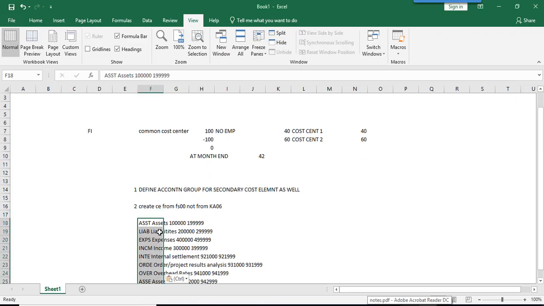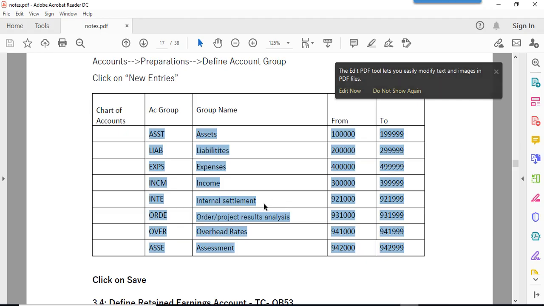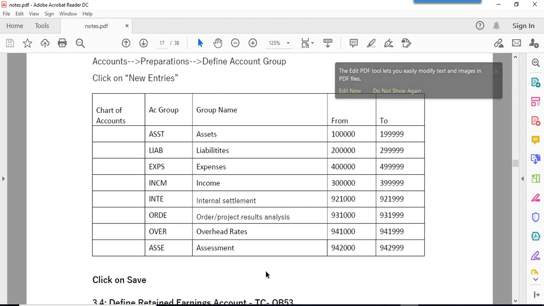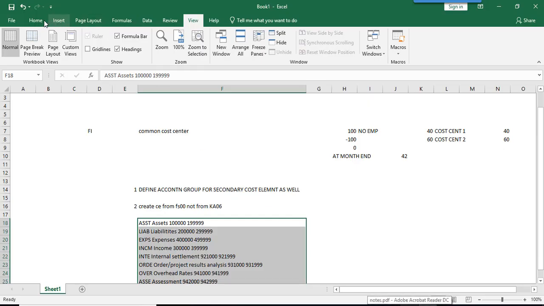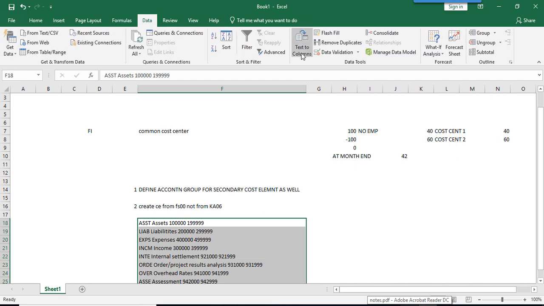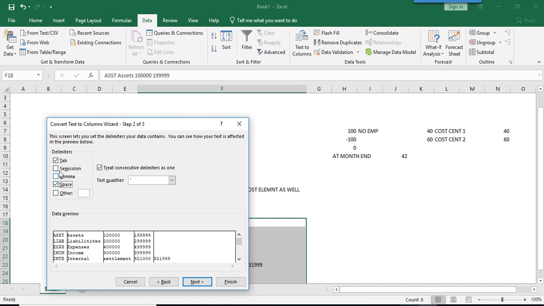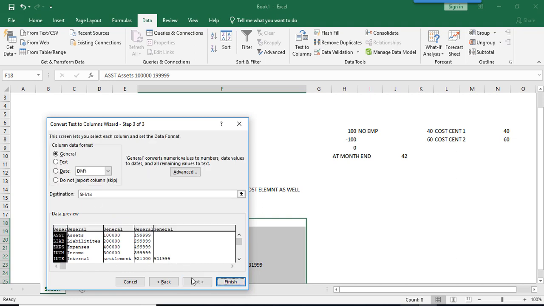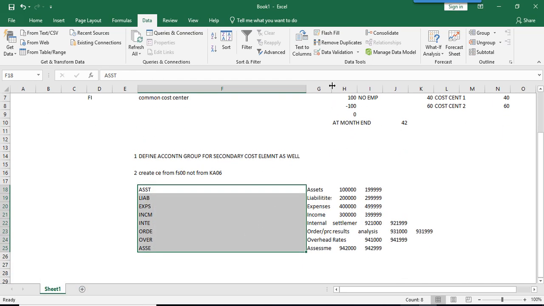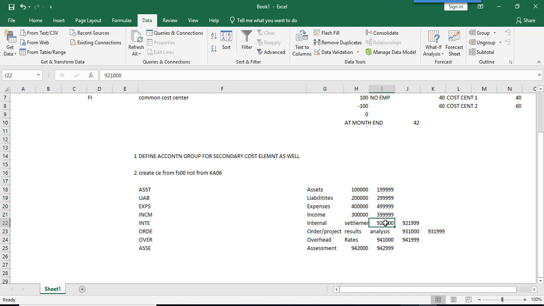Now, chart of accounts. Our chart of accounts is 3998.